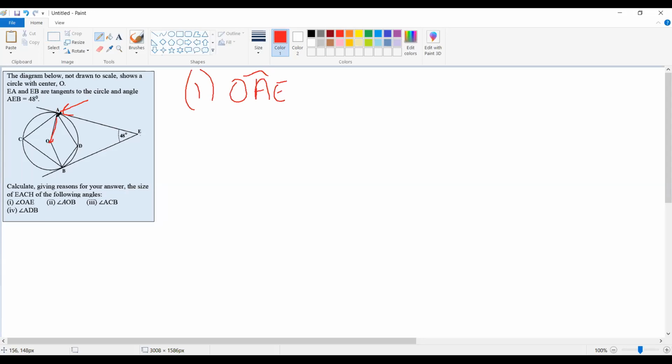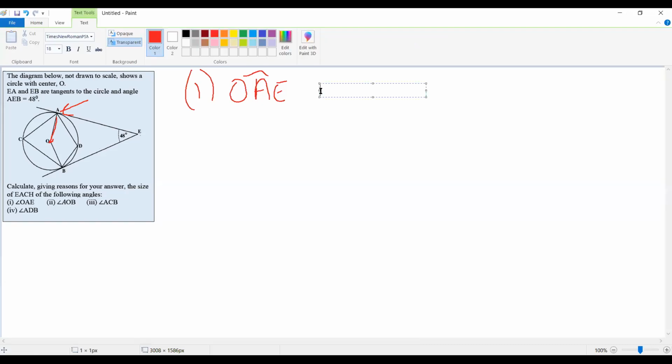The theorem, which is theorem 7, says here that the angle formed by a tangent to a circle and the radius at the point of contact